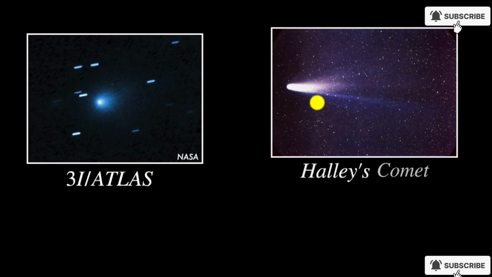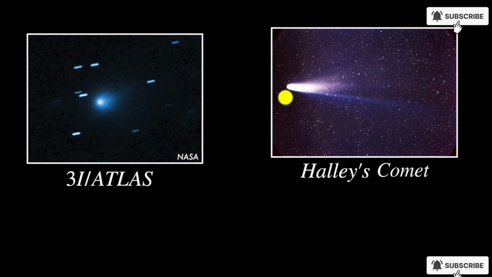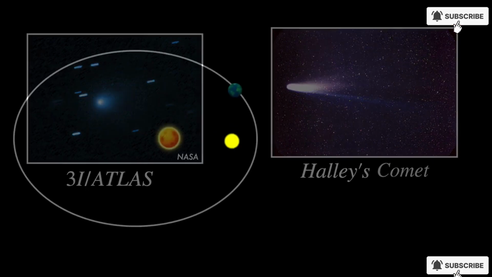It's going to go back into interstellar space. In contrast, this is the Halley's Comet, last seen in 1986. And we know we'll see it again sometime in 2061. So the big question is, how can we just measure the position and the speed of a comet and tell whether we'll see it again or not? Well, it all has to do with the energy of orbiting systems. So let's dig into it.